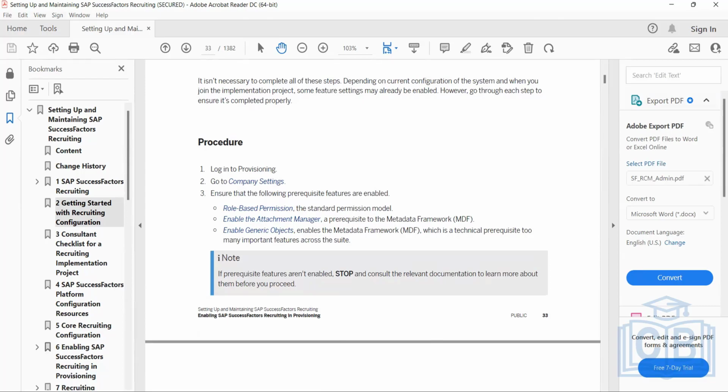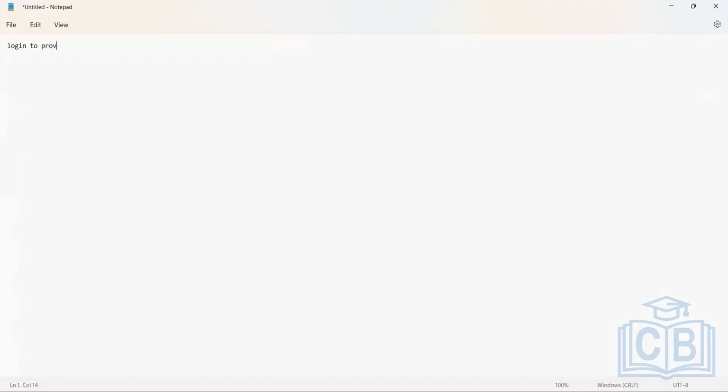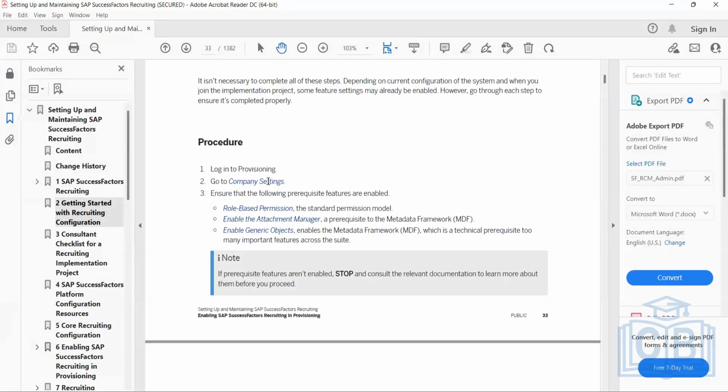So, log into provisioning. Second thing, click on the company name. It could be a development instance or test instance, depending upon what the client has given you initially. Once you click on that company name, you can see the details, and under that you have to click on company settings. Yes, I'm following you. Once I click on company settings,